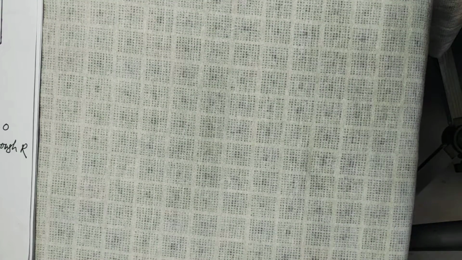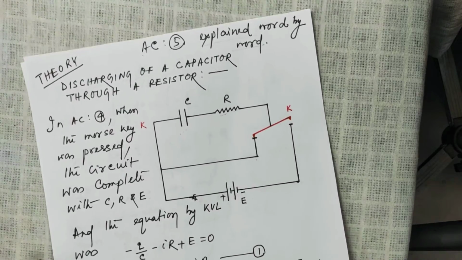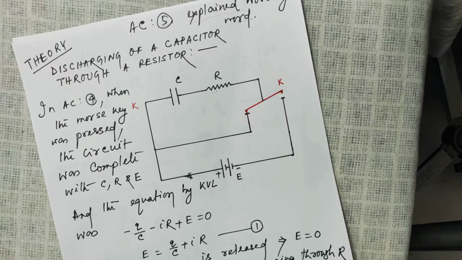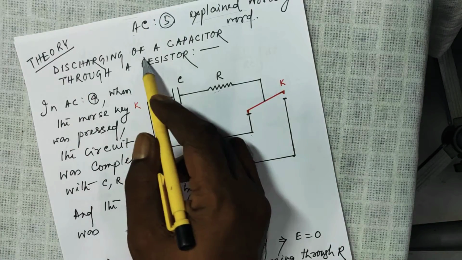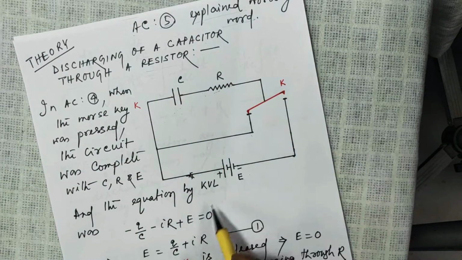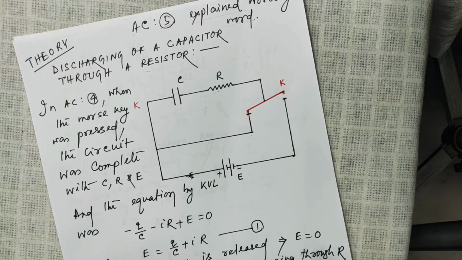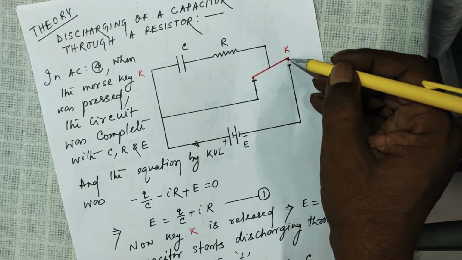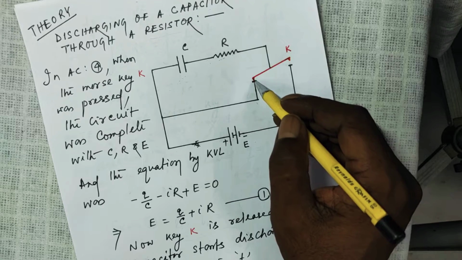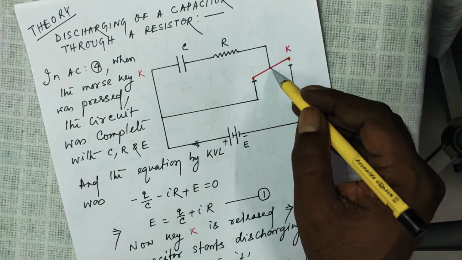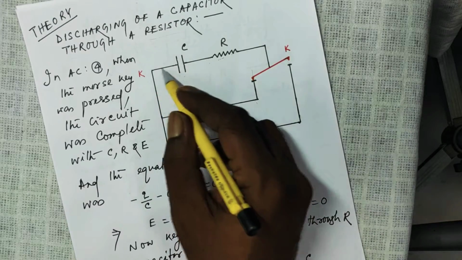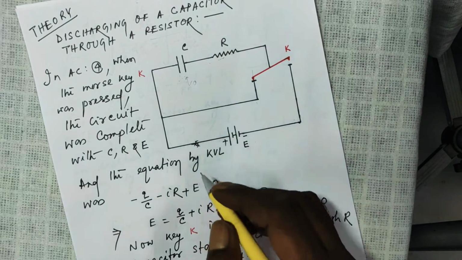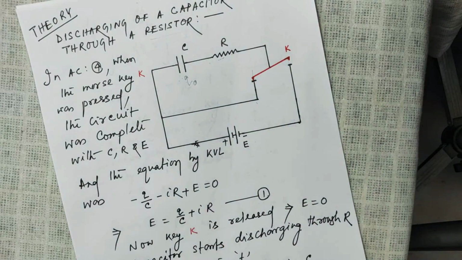Now we are going to learn about the discharging of the capacitor. Very simple. So now look at alternating current 5. Discharging of a capacitor through a resistor. Right? Now look, in lesson 4, जब ये की को यहाँ मैंने प्रेस कर दिया था, ये पॉइंट यहाँ पे कांटेक्ट में आ गया था, ये रेड पॉइंट ऊपर चला गया था लेसन 4 में, और ये वाला पार्ट सर्किट में था, और कैपेसिटर में चार्ज मैक्सिमम हो गया था Q नॉट.